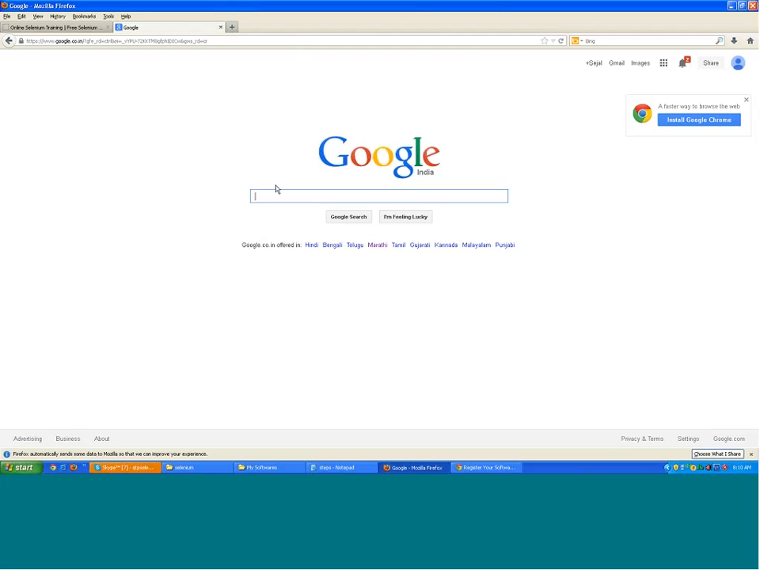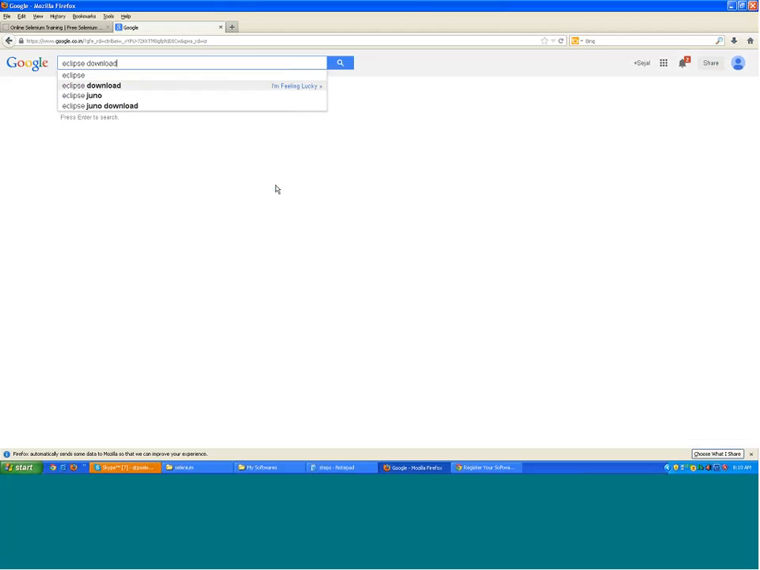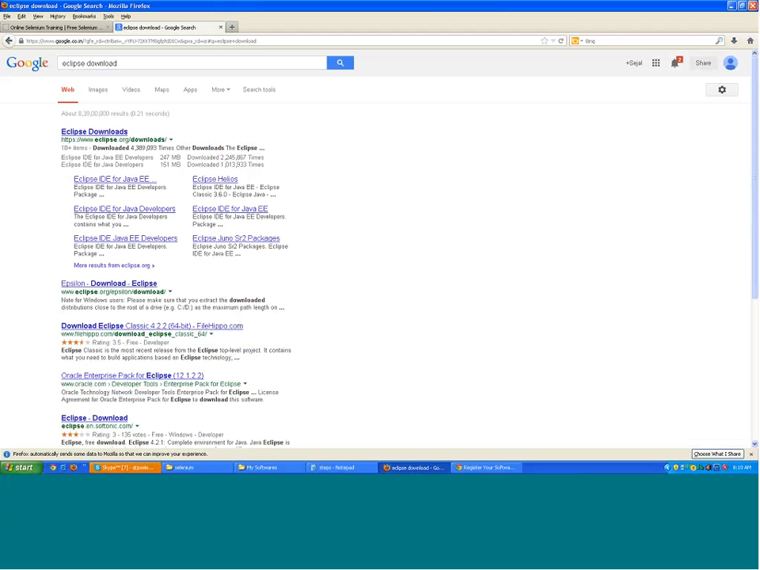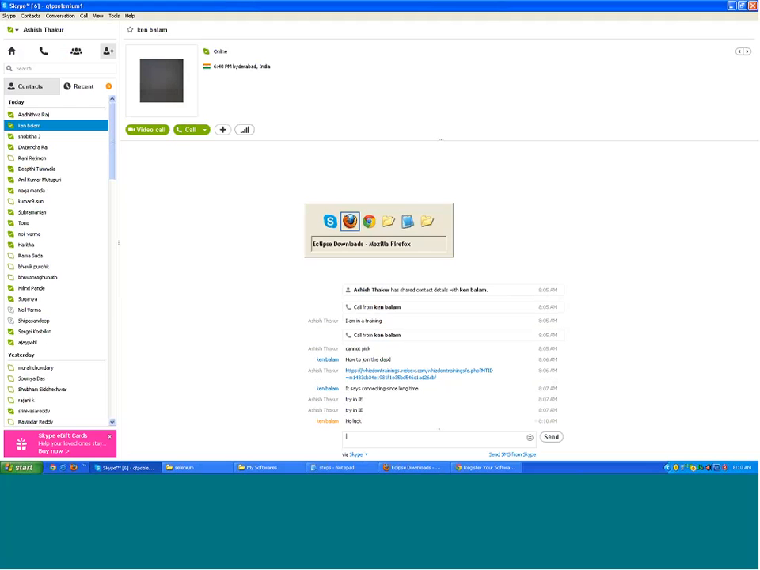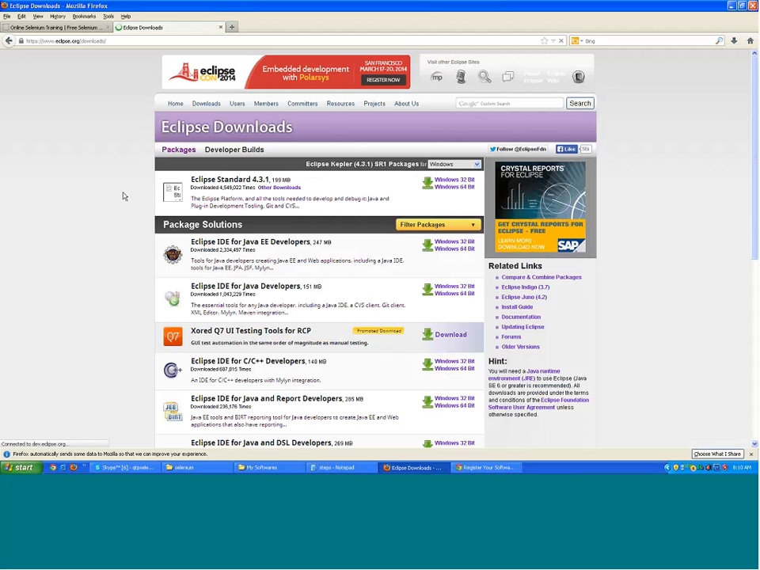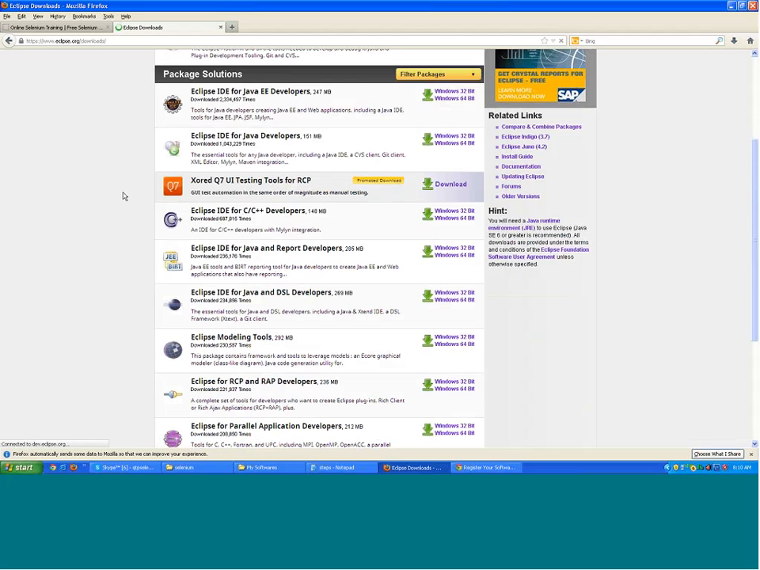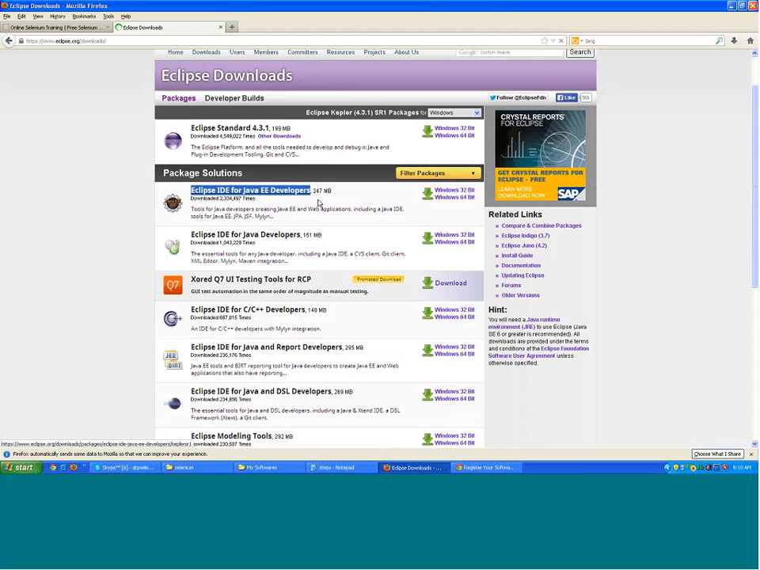Fine. So you need to go to Google and type Eclipse download, and you can go to the Eclipse downloads out here. Right, and over here you will see Eclipse IDE for Java EE developers. Prefer downloading this one, right? Depending on your operating system, Windows 32-bit or 64-bit. Right. Once you have downloaded, you will see Eclipse